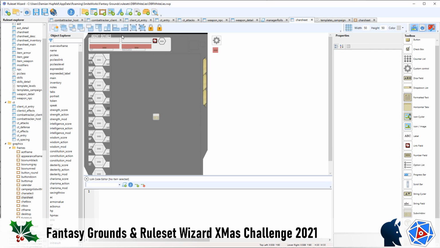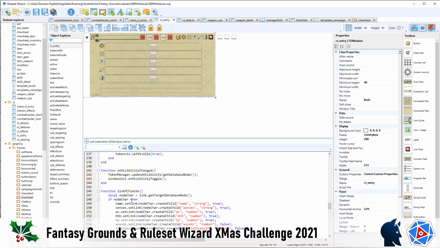What happens next is we've got some functions in our CT entry, in our link PC fields. I basically duplicated one of these lines. So we've got init result, and we're syncing it to another field called init result, which is a number. We're syncing those across between the character sheet and the combat tracker. Then the last part of this puzzle is